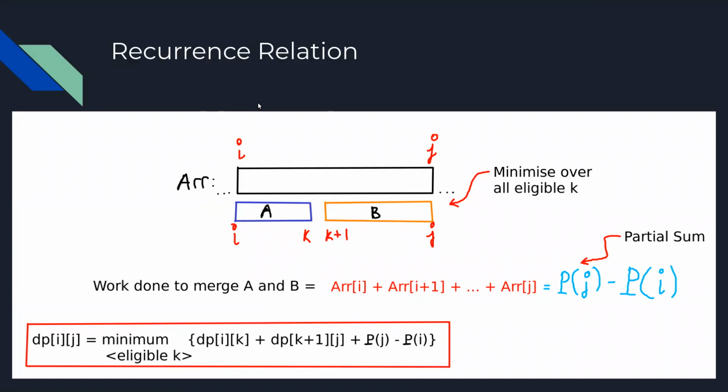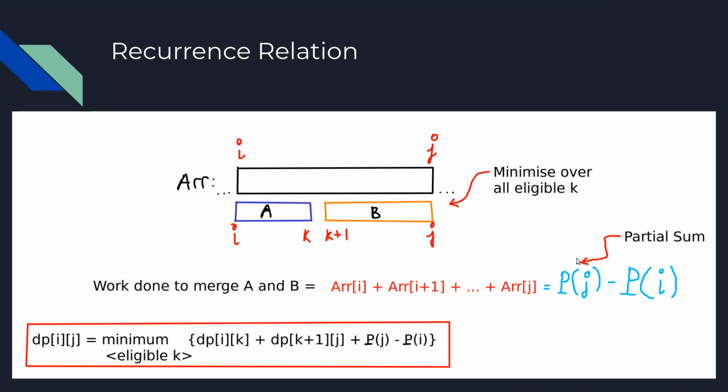We can see specifically that this is a 2D problem in the sense that you have to find the minimum total cost over a range, in our case 0 to n minus 1. So we can consider array I to j as a segment, whose value dp[i][j] is the minimum total cost from index I to index j. The idea is you have a magic index k in the middle of I and j, for which if you merge the two segments, I to k and k plus 1 to j, we get the minimum total cost. The work done to merge them is the sum of the values between I and j. We have proved this in the LaTeX doc, you can see there.